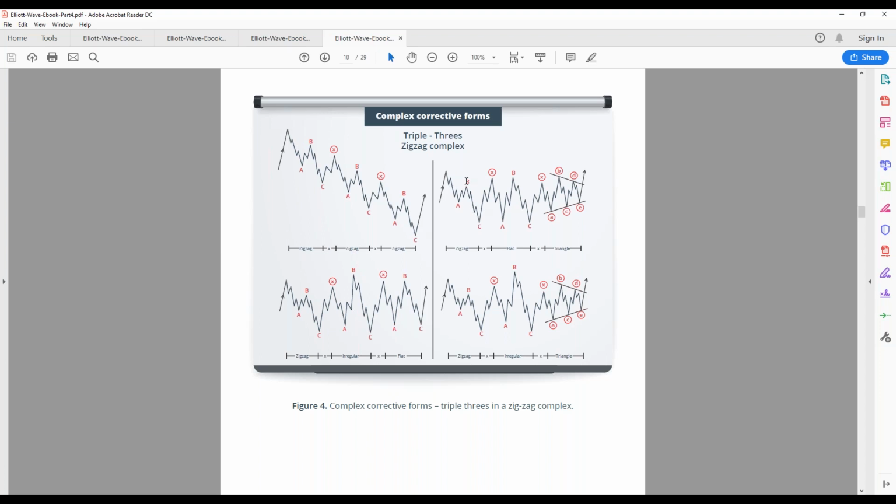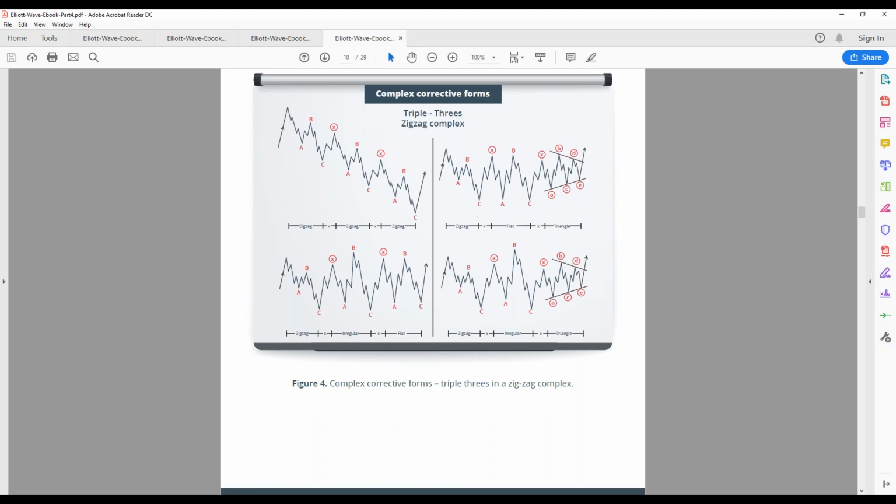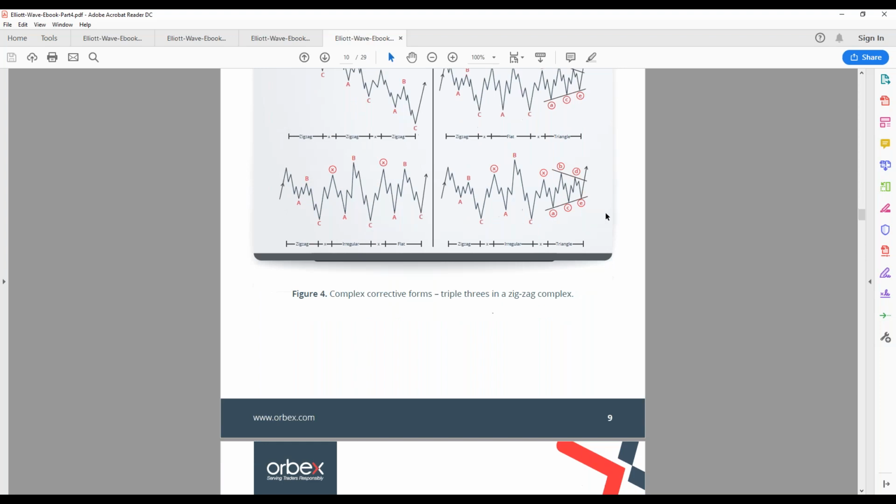Then combinations and bridges. This entire complex WXYXZ is starting with a zigzag, right? So you have a 5, 3, 5 zigzag, then X, then a 3, 3, 5 flat, and then a triangle, right? So W, X, A, B, C, Y, right here, and then X, and then A, B, C, D. Pretty challenging, right? But if you know how to spot these things, it's